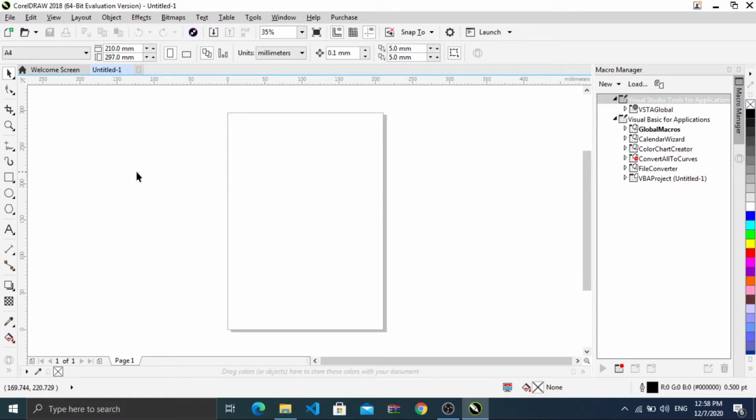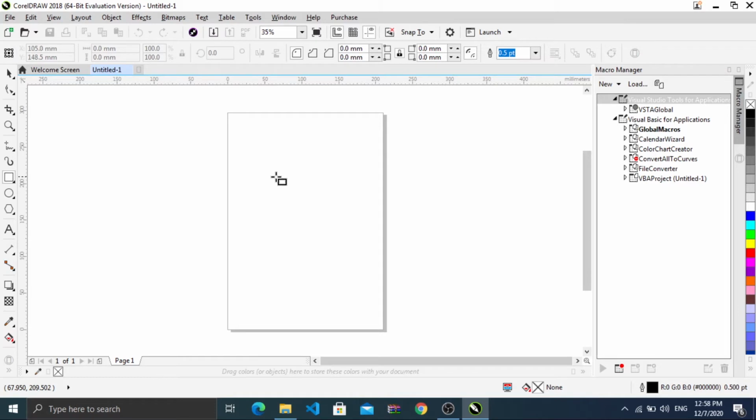or rectangle here. From here you can see that the pick tool is currently selected. To draw a rectangle or square you need to navigate to this icon. Here you can see the shortcut is F6. Once you click this icon and move back here, you can see the cursor has changed. To draw a rectangle you need to left click and drag the mouse, and you can adjust the width or height by dragging the mouse, and once it is at the width and height you want,